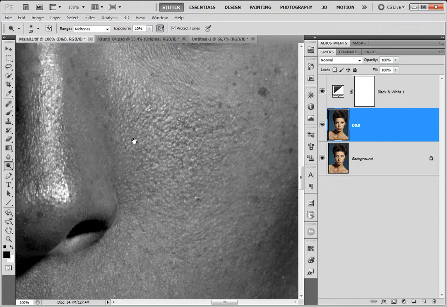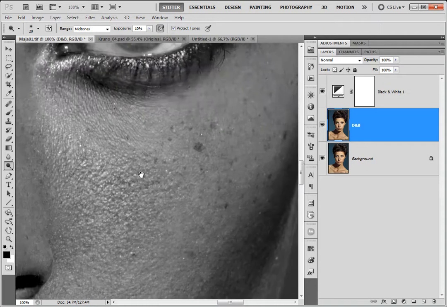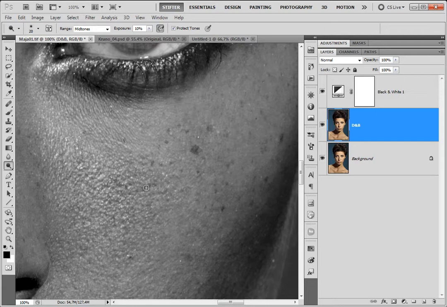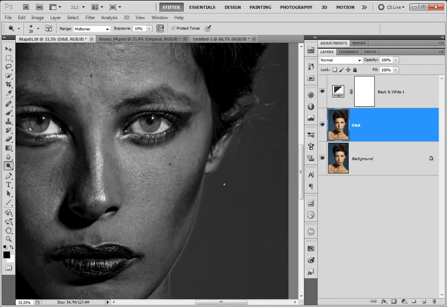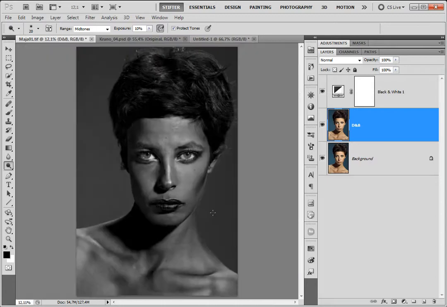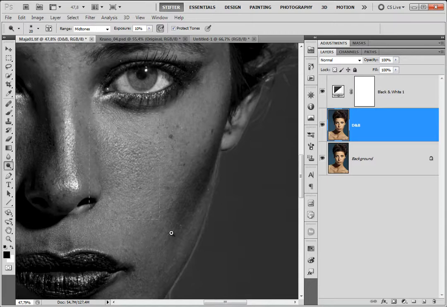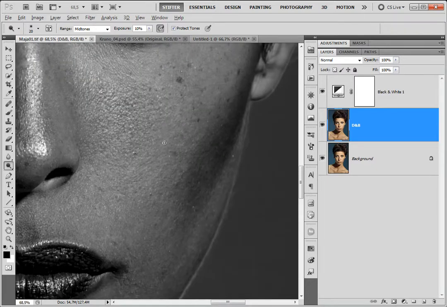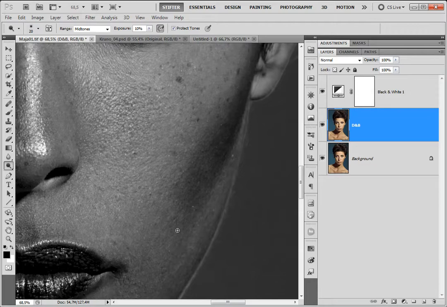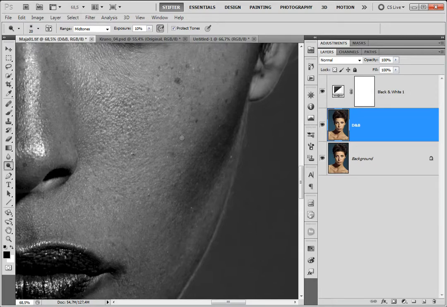I'm switching between dodge and burn tools using that Alt or Option key, remember? Okay, let's see now what we have accomplished. If I zoom back to this area, now I can see there's some area that needs dodging, burning, like this one. That's this area here, and maybe this one and this one. And now that I'm finished with this, actually I'm not, I'm just gonna go over this area here and maybe this area here, and